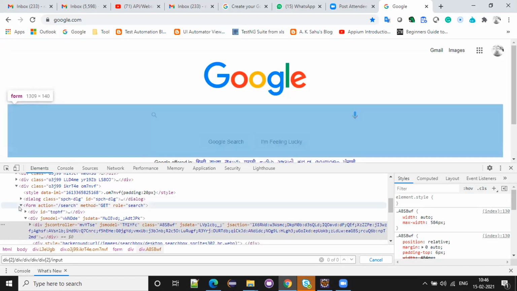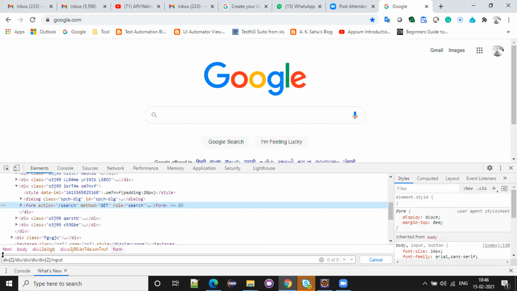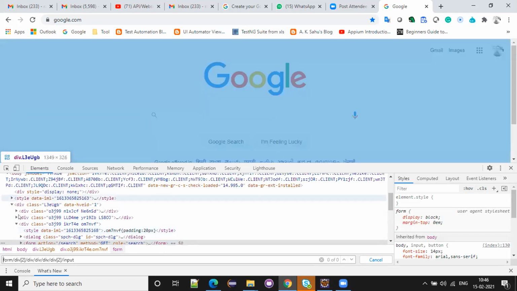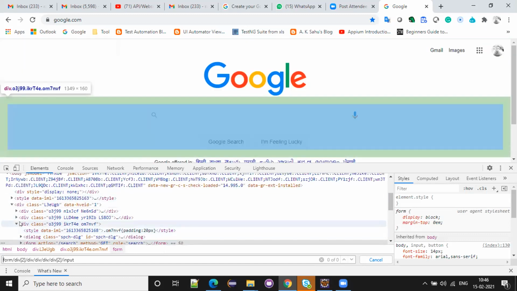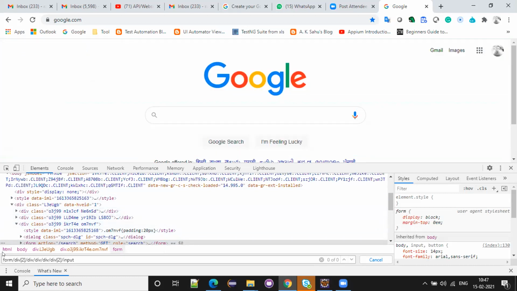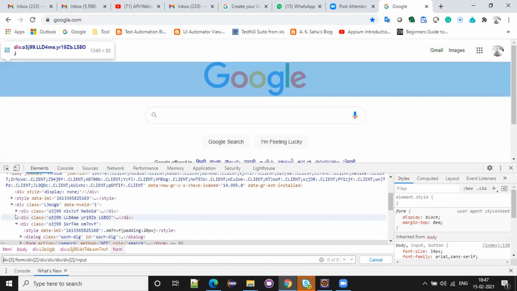So this div is inside the form, right? Form falls under this div. This div is like the third div, right? See here, one, two, three. This is the third div.